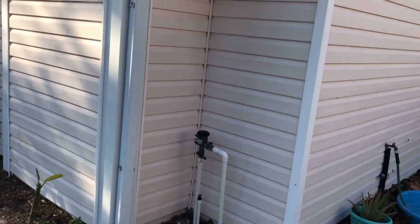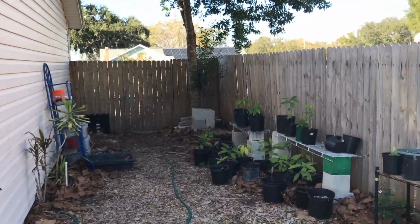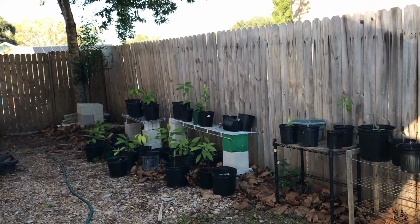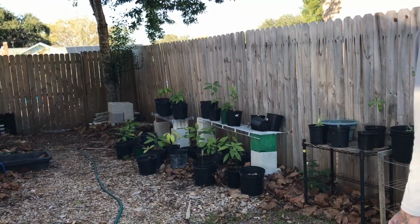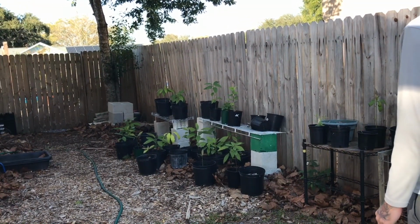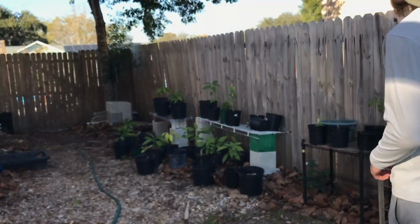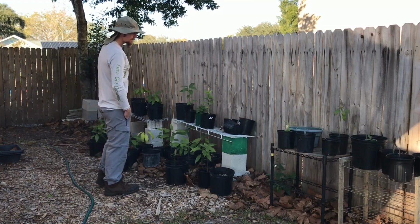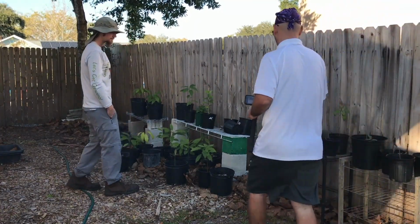All right, so I guess we could talk about some avocado trees. They've done much better over here in the partial shade. It's like they're growing in the understory of a forest. Yeah. So this is where we have...